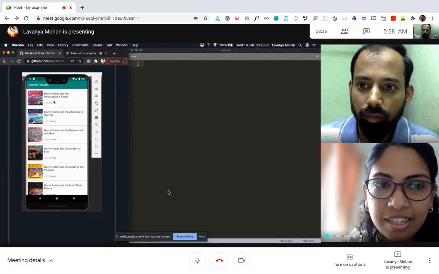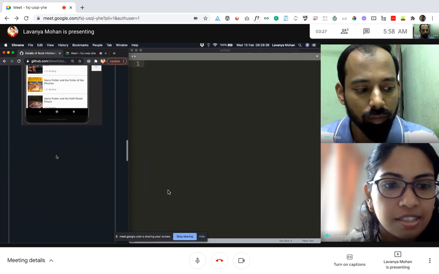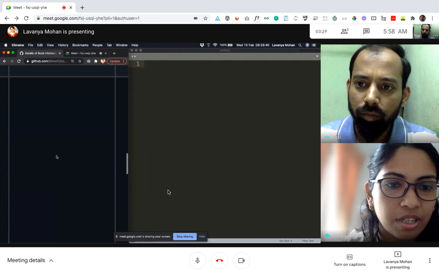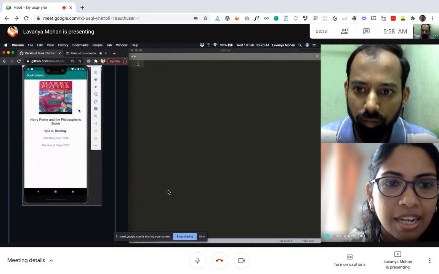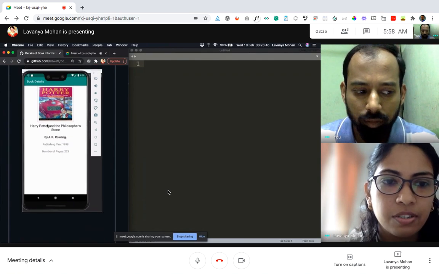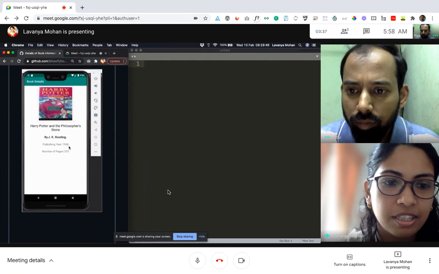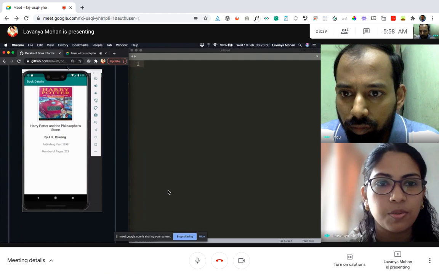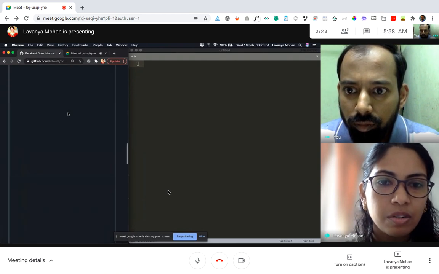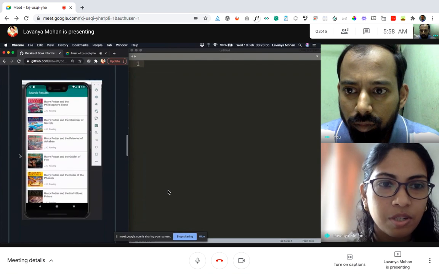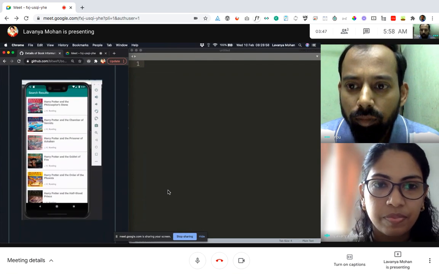If we select any one of these search results, then we are taken to another page called the book details page, which has some additional information about the book, maybe the publishing year, the number of pages, and so on. Pretty simple application, but for now, let's just focus on the search results.